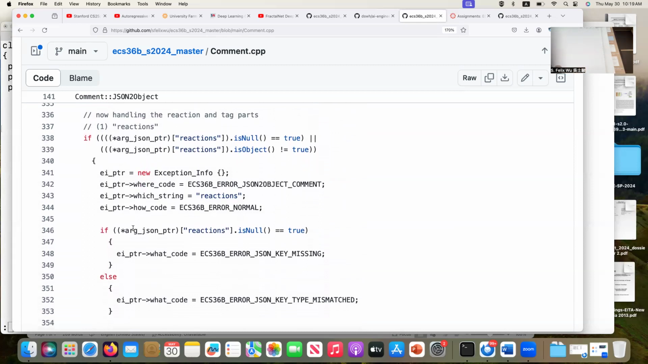Okay, here is the one that's complicated. So now I'm actually in the JSON to object. I need to handle the reactions, plural. So this part is a little bit different. So I want to extend the description a little bit. So first, let me actually tell you, in line 330 and 339,